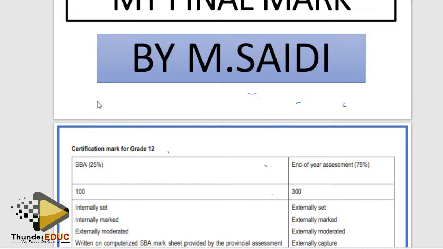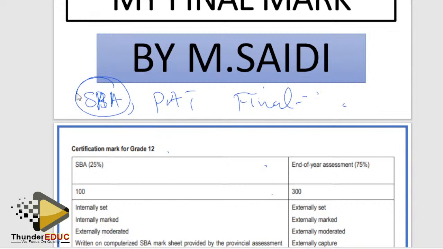Okay, we have 3 different types of papers. The first one is that one which has SBA, PET, and final exam. We have one which has SBA and final exam. Then we have the one which we call the language. So there are 3. One is this and this only. Then we have this, and this, meaning that they have all the 3. Then we have also what you call the languages. So all these 3, they are calculated based on different aspects or different